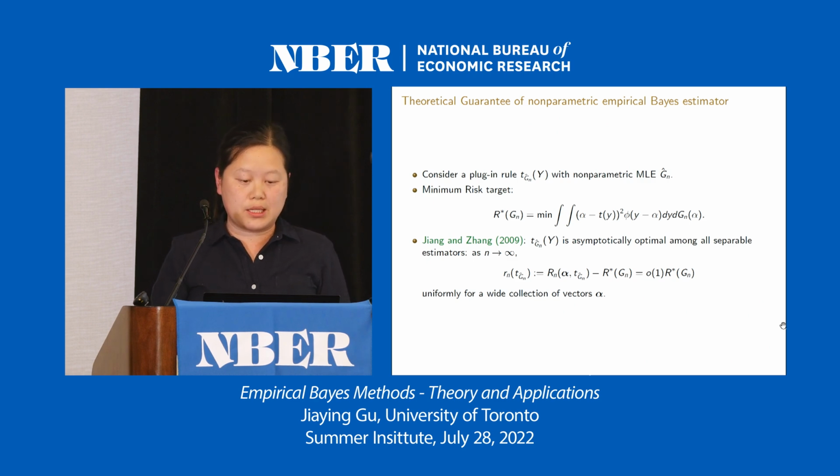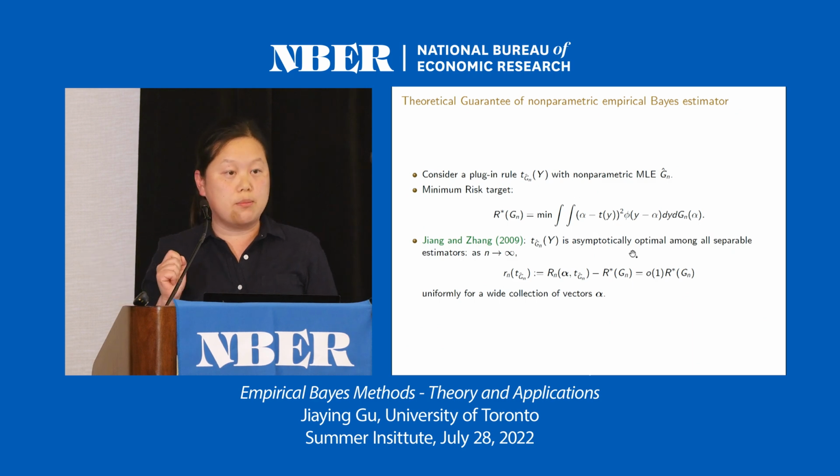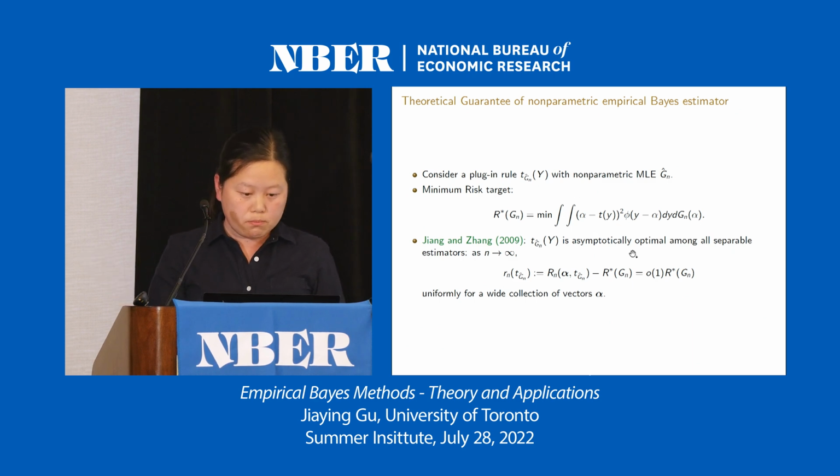So consider just a plug-in estimator for the posterior mean, which is the optimal Bayes estimator, with the non-parametric maximum likelihood estimator for this probability measure Gn. And let's denote the minimum risk target, which is the minimum of the Bayes risk, which is equivalently the minimum of the compound risk. Jiang and Zhang, 2009, show that the non-parametric empirical Bayes estimator is asymptotically optimal among all